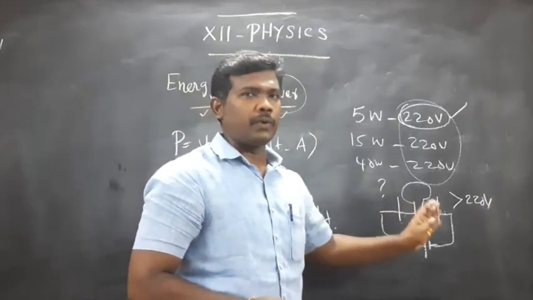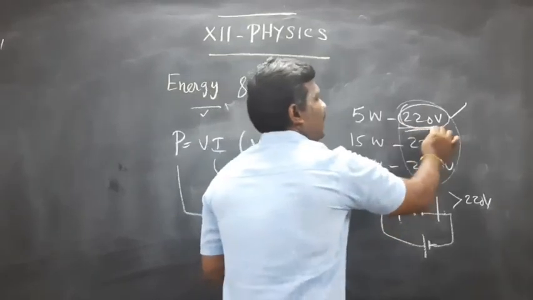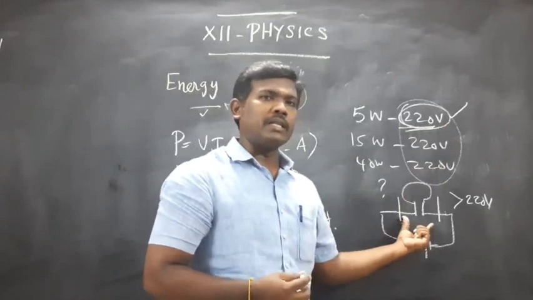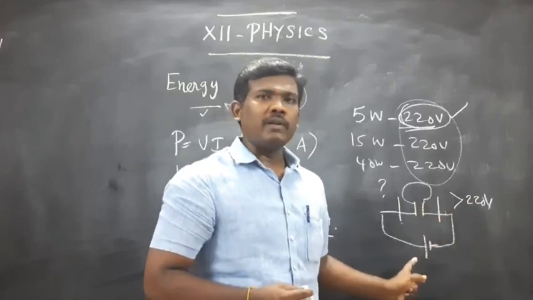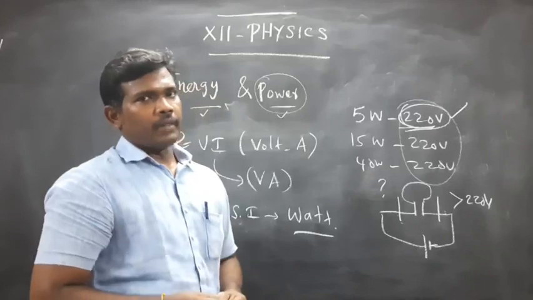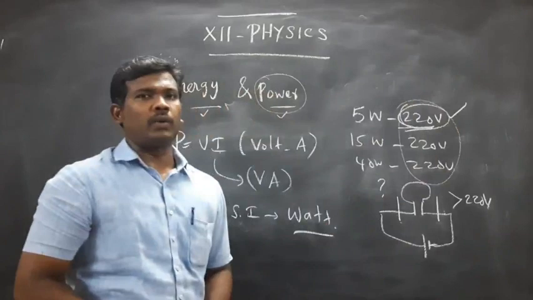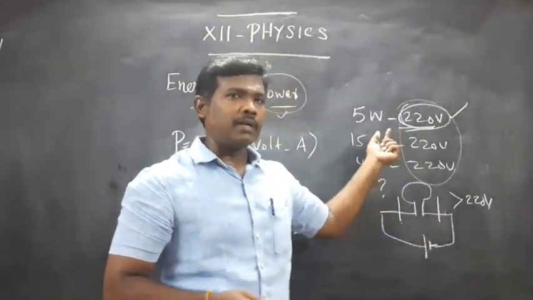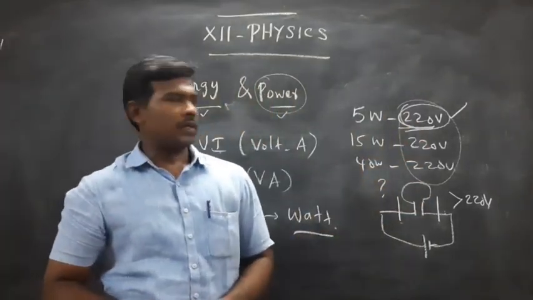Why? Because the bulb is working up to the level of 220 volts. After that, if the potential difference across the bulb is greater, the circuit will be fused. That means the bulb gets fused. So that is the reason. If 220 volt is mentioned and the voltage is greater than 220 volt, definitely all the electrical appliances get fused. So for that purpose they mention the potential difference value along with the power value. So that's the reason.